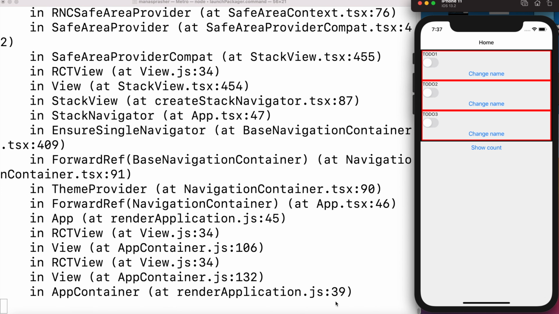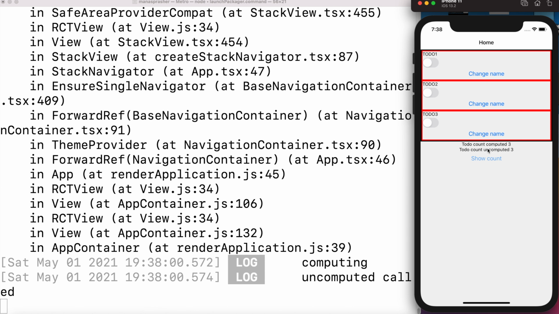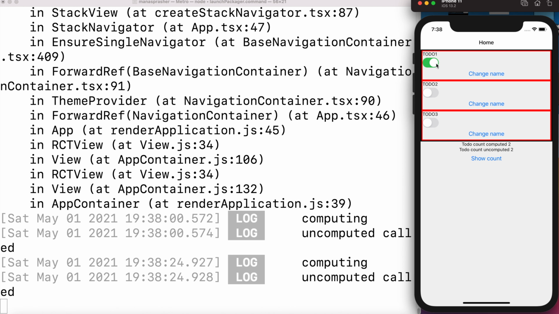All right, so when I actually press on show count, now you can see both computed and uncomputed called. So both of the views are getting called right now, right? And they are displaying the values, which is fine, which is what we expect. Now as soon as I toggle this to do completion status, so I have completed one to do now, right? So now you can see both computed and uncomputed called, right? So both of the views are getting called,